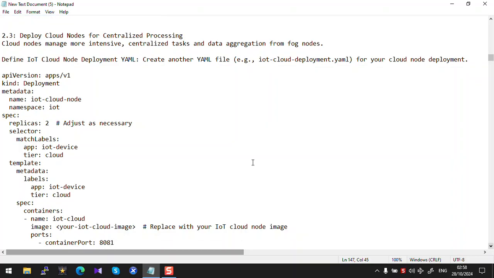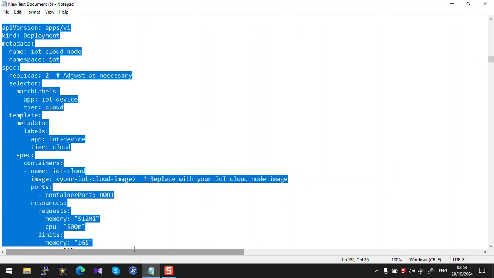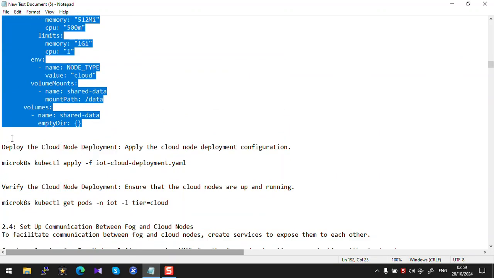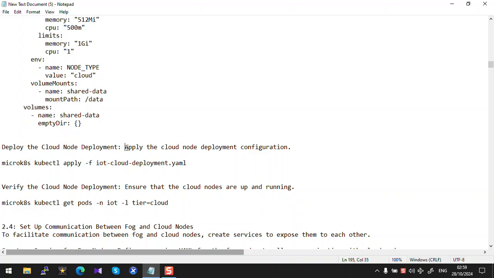and deploy cloud nodes for centralized processing. Cloud nodes manage more intensive centralized tasks and data aggregation from fog nodes. Define IoT cloud nodes deployment YAML. For this, create another YAML file, for example IoT cloud deployment.yaml file for your cloud node deployment. With this script, and deploy the cloud node deployment,